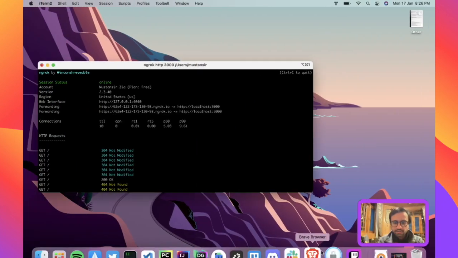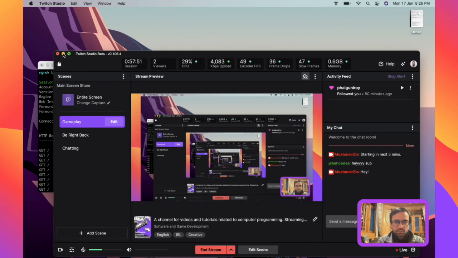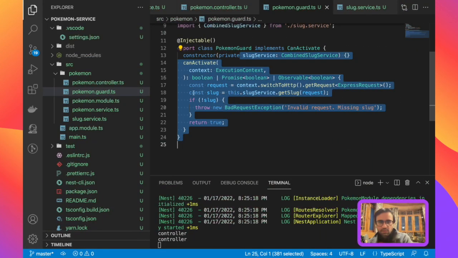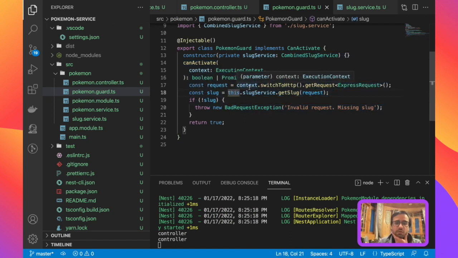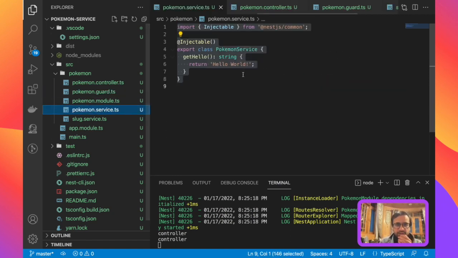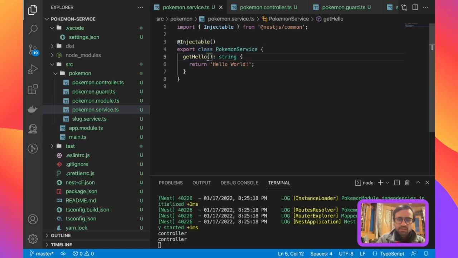Now, okay, so I want to go back to Twitch. Okay, so this is good. So this is our guard in place. So now what we want to do is actually use the slug here. So this Pokemon service, actually, we would have